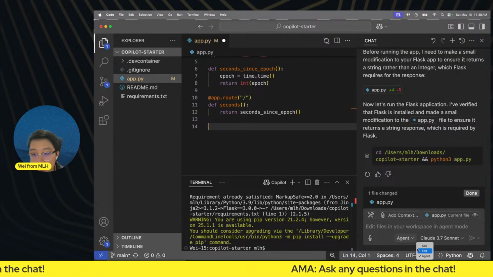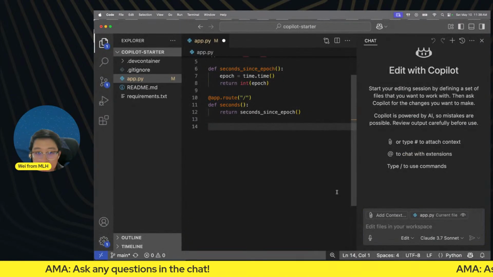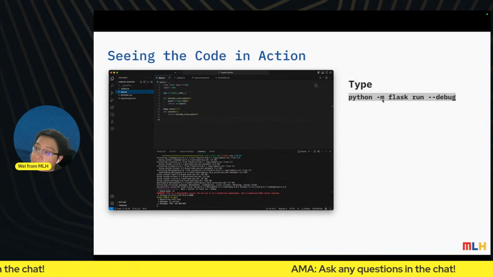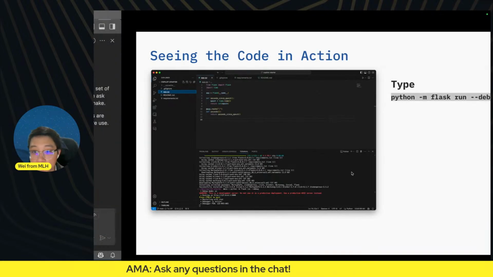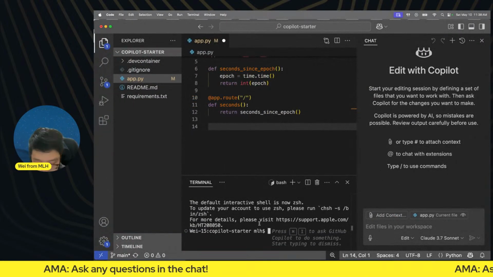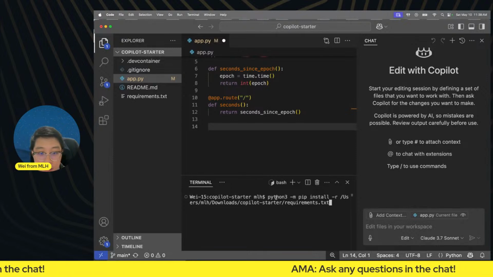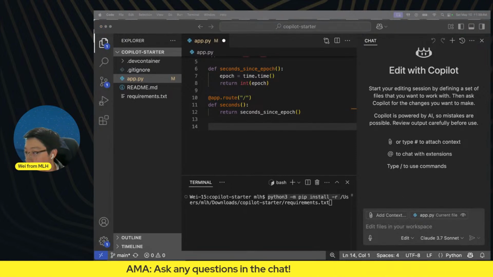And we can run the application now using our instructions here, using the python -m flask run --debug. So just so that everyone knows what we've run, we have installed the packages like this. I will also comment the command here.